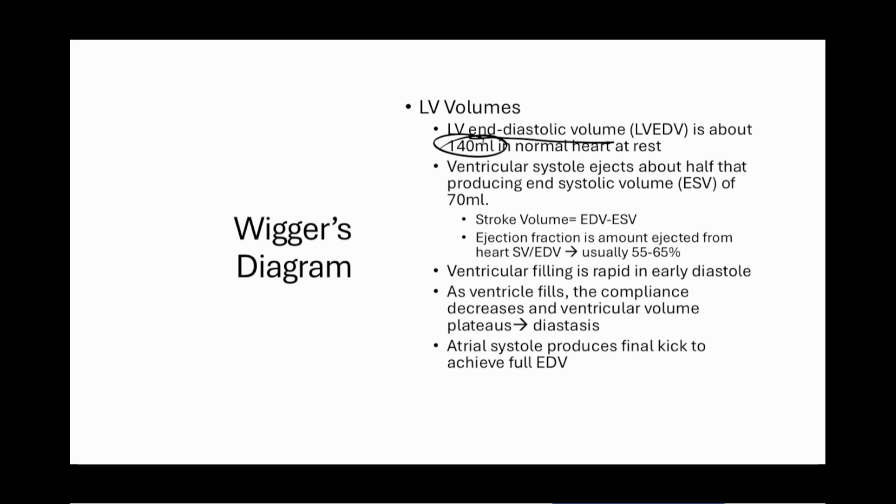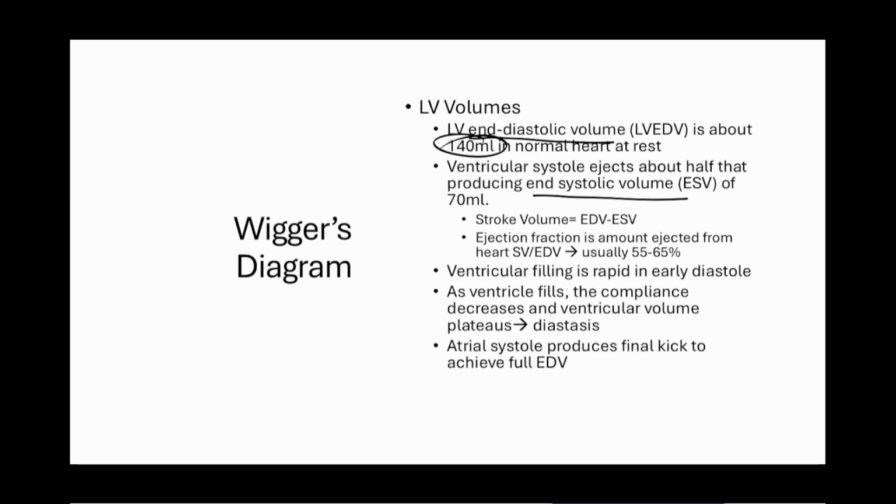When we have ventricular systole, we only eject about half of that, producing an end systolic volume around 70. Which is why on that other picture, I told you 140 and 70. You're going to have 140 to start. At the end of systole, you're going to have 70 mLs remaining in the heart. The heart does not pump out all the blood. If you pumped out all the blood with every beat, the heart would collapse. It's like priming a pump, like a gas pump. You've got to prime the engine. Same thing with the heart.